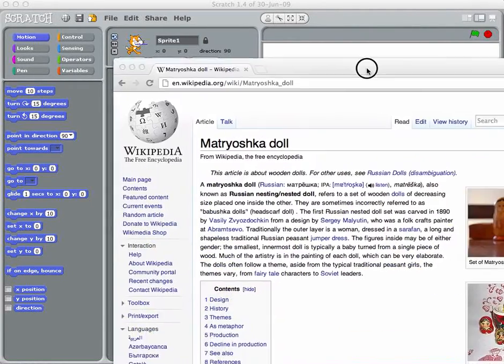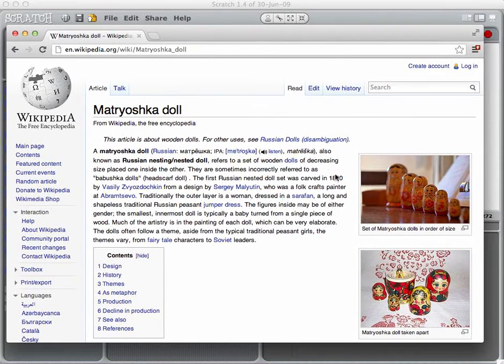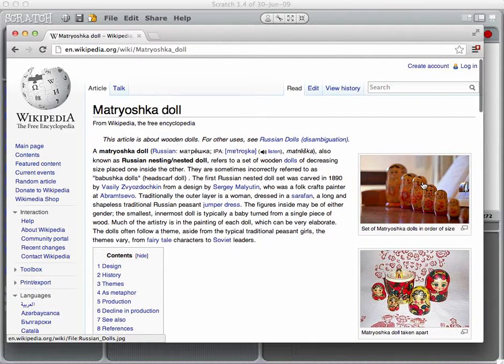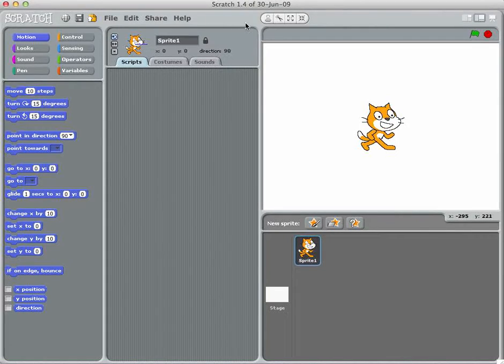So let me show you a matryoshka doll. This is one of those things where you have a large doll, right? And then you can open up the doll, and inside the doll is a smaller doll, and inside that doll, when you open it up, is an even smaller doll, and it goes on and on like that. And you can do the same thing with loops inside of Scratch,